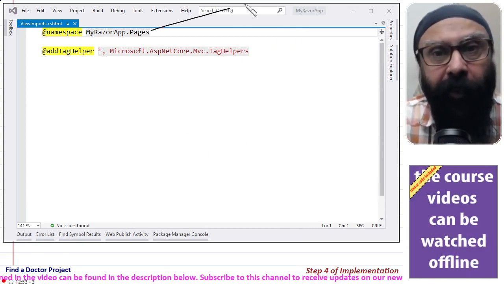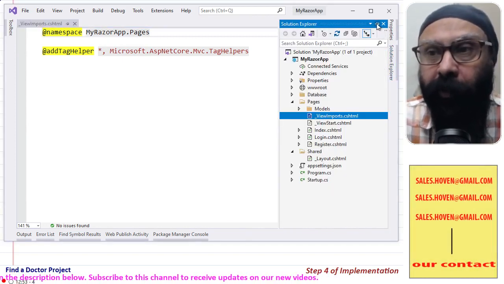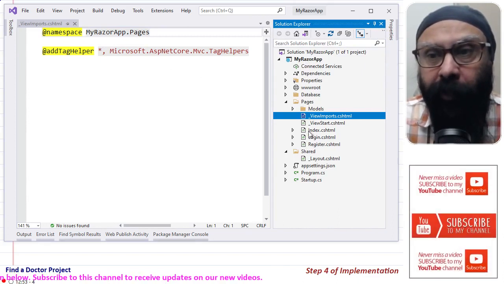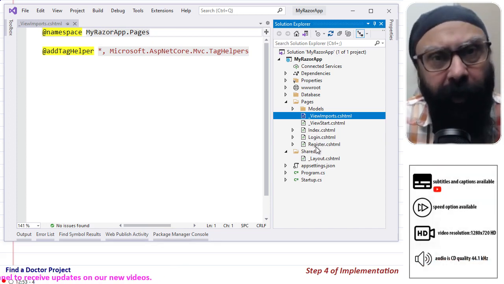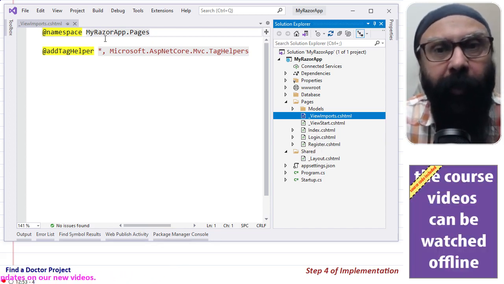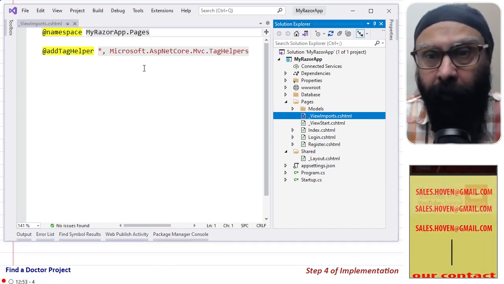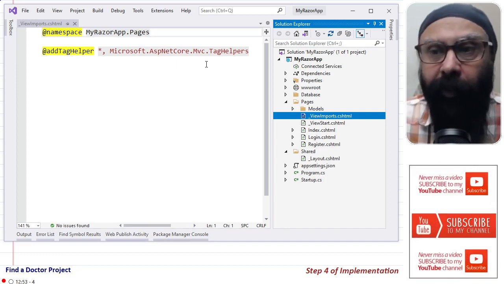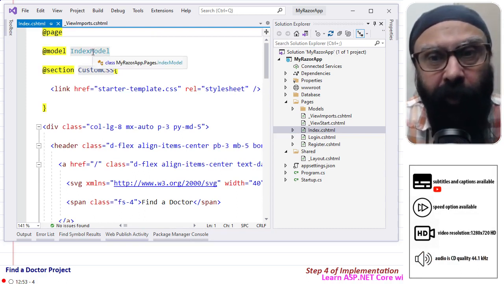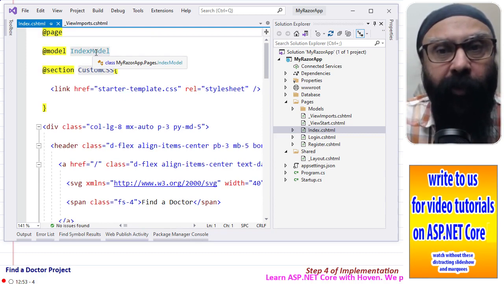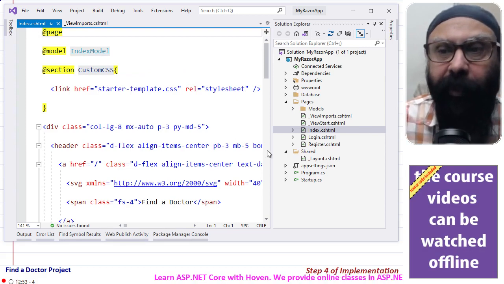You can see that it contains a namespace directive, common namespace myrazor_app.pages. So if I look on this side, myrazor_app.pages, it will apply to all the files contained parallel to this one at least, and deeper also, obviously, because the same namespace will be carried to the other files inside the pages folder. Then this add tag helper has been written at one place. As a result of that, my index.cshtml file has become shorter. You can see that myrazor_app.pages.index model has been shortened to index model. Rest everything is exactly the same.